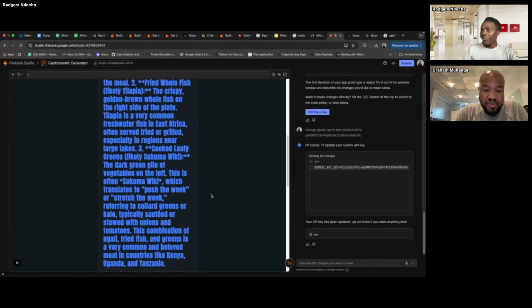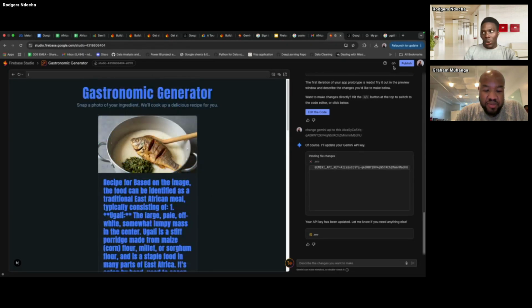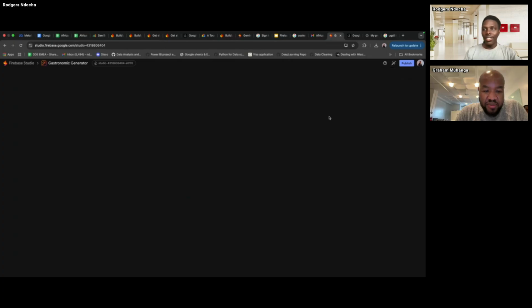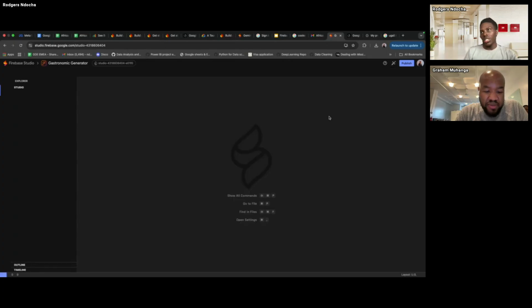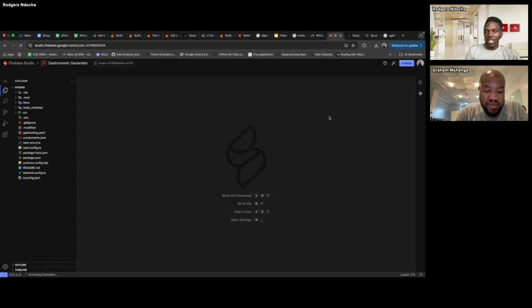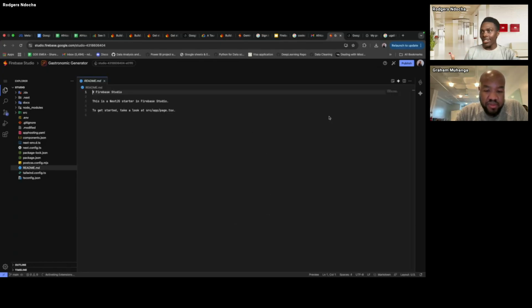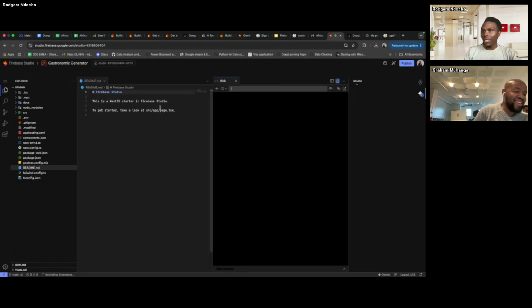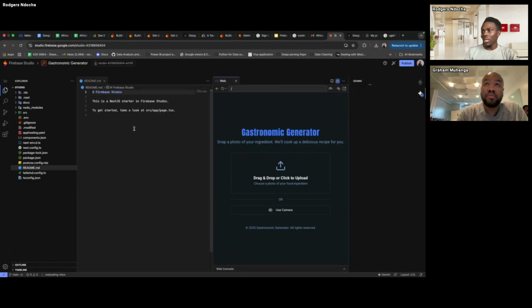Okay, from here we can just proceed to the code side. We see how the interface looks and what you're able to change from the code side. Still you have access to the agent to chat. Still you have access to code, and also still you have access to preview mode. So okay, let's tune its things. I think it has tuned the web preview, and also from this side there's a readme here for instructions.